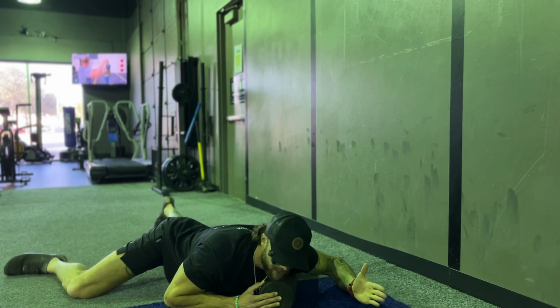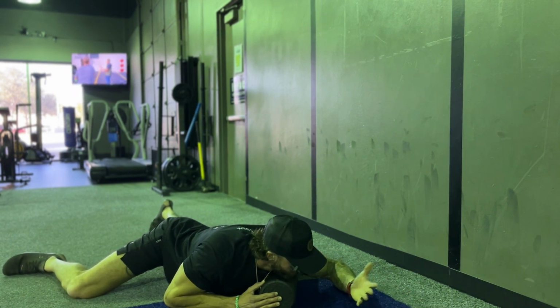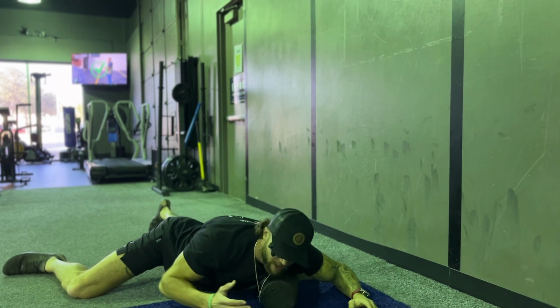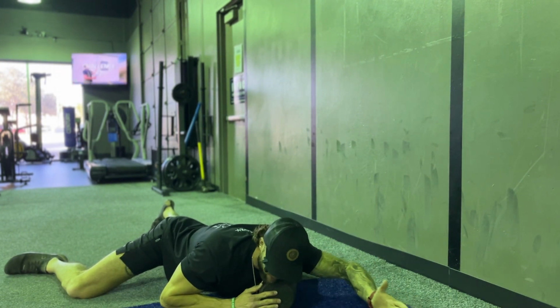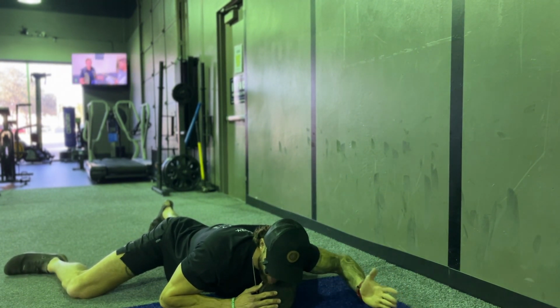keeping my thumb up to the sky. Thumb is up, so we're looking for external rotation of that shoulder here. We're not trying to be collapsed. We want to try to think about peeling the shoulder back. And you'll do maybe 12 to 15 reaches here,